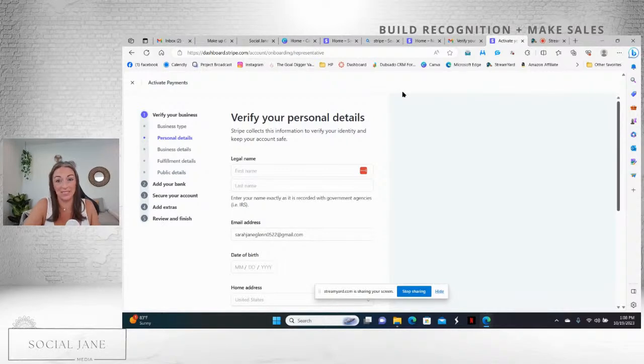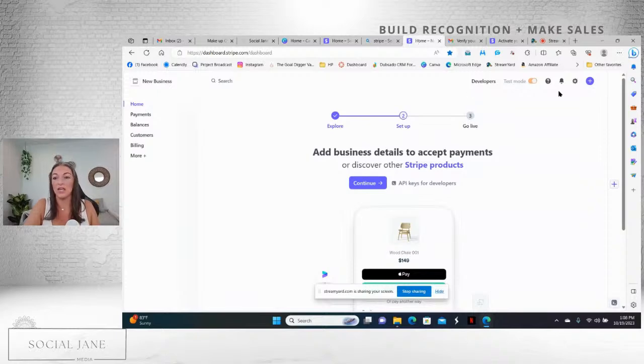It doesn't have to be a business EIN just yet if that's not something you have just yet. So activating your Stripe account, super easy. I'm not going to run through all of those steps with you guys. So let me go ahead and